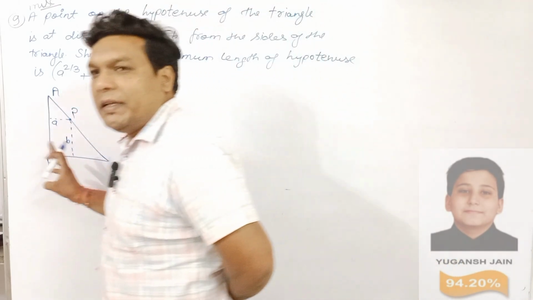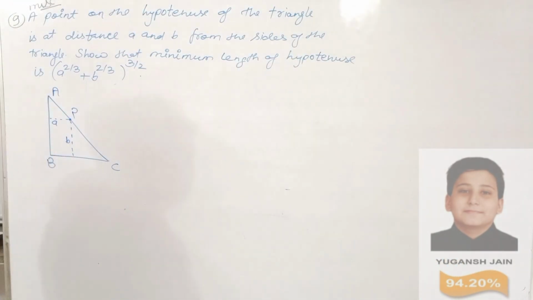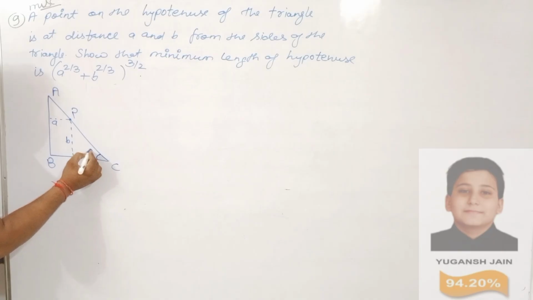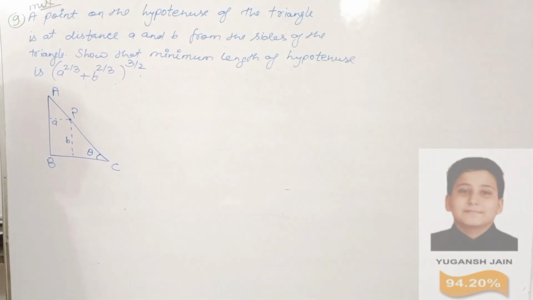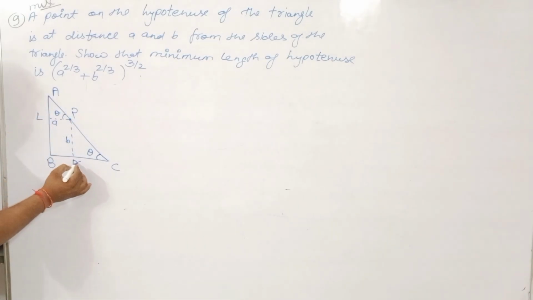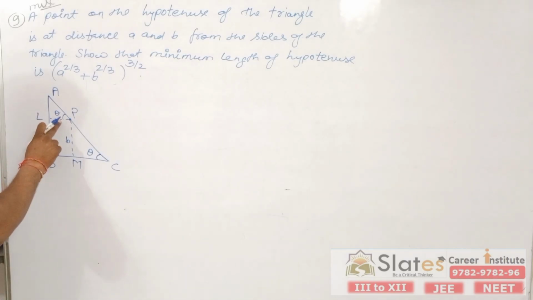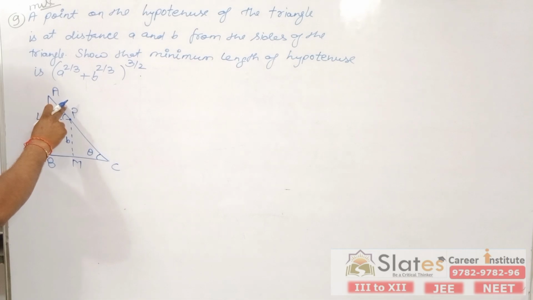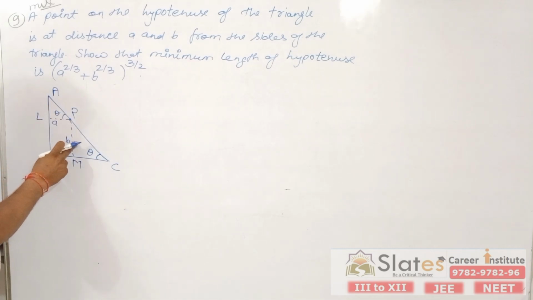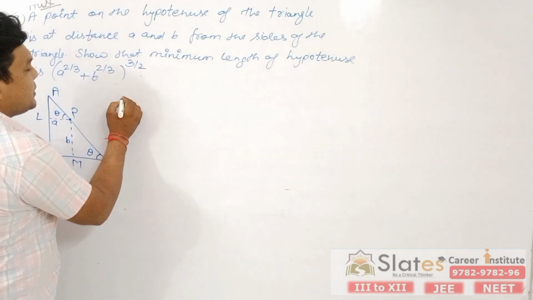Now we don't have any variable here till now. So what are we doing? We are introducing a variable theta here. If it is theta, this will also be theta. So in the triangle, say these points are L and M. In triangle APL, PL is a, and we need to find AP. So what will we apply? Base upon hypotenuse. Here what will we apply for theta? Sine is perpendicular upon hypotenuse.